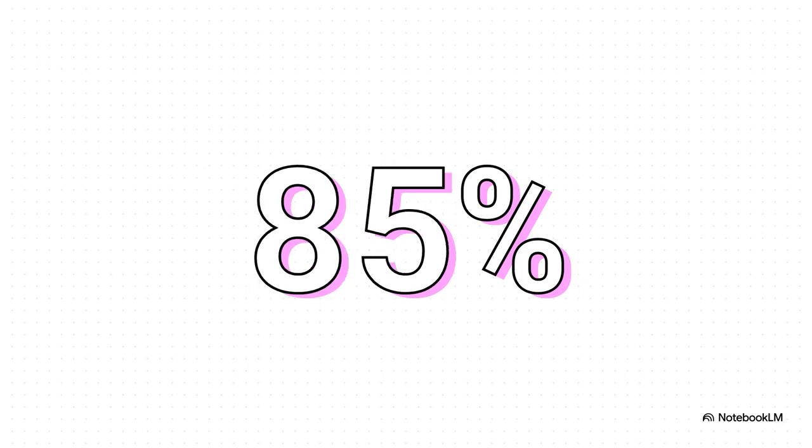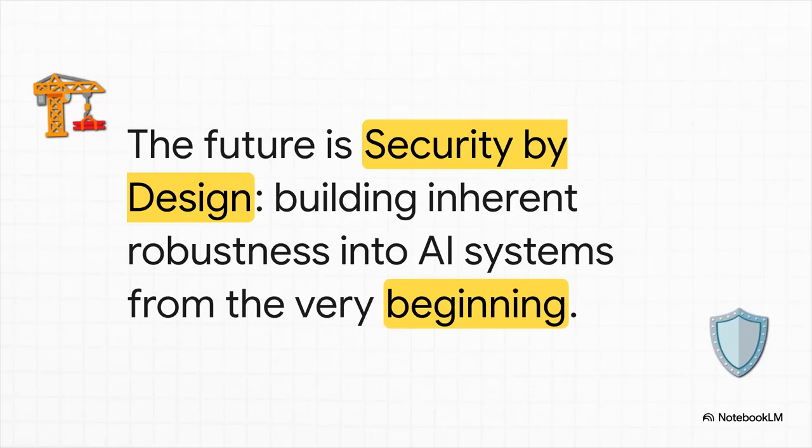And what's maybe even more concerning is what gets through. 85%. Now you hear that, 85% detection for brand new novel attacks. And you might think, hey, that sounds pretty good. But it's the other side of that number that keeps security experts up at night. It means 15% of the newest, most sophisticated attacks are slipping through completely undetected. And in the world of security, a 15% failure rate isn't a gap, it's a wide open door. It's a critical failure.